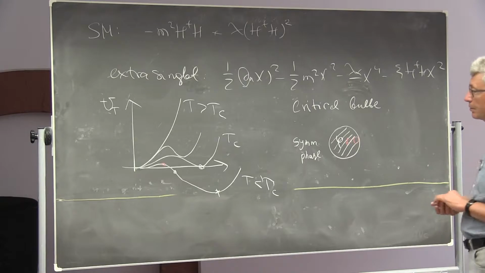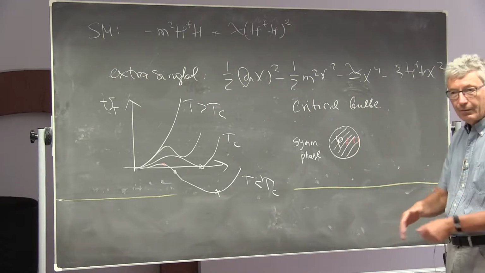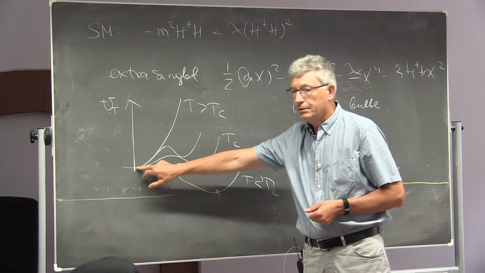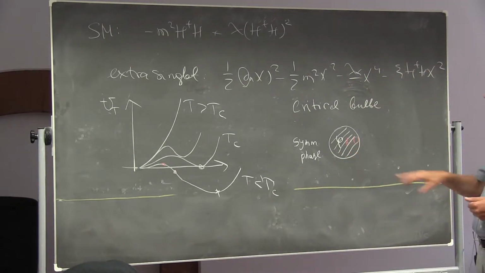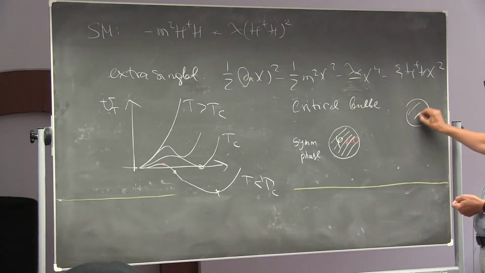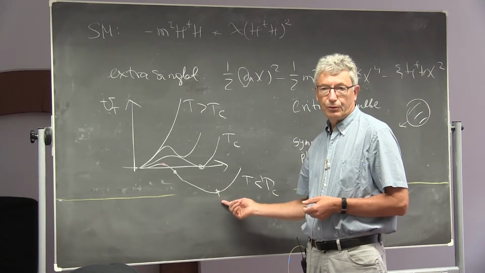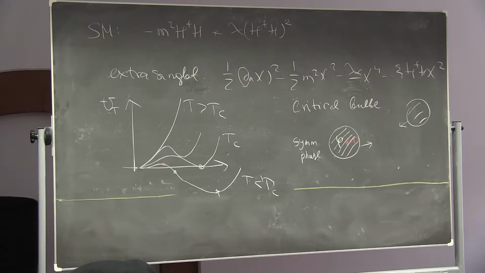So how does the phase transition occur? You can compute the probability of that, and compare it with the Hubble rate. You can find the time when this happens, and then the picture looks as follows. Initially the universe is in this state, trapped in this state. The universe cools down, and then there is spontaneous creation of bubbles in different parts of the universe. So they are nucleated everywhere. Then they start to expand, and at some stage they collide with each other, and what is left behind is the universe in the new state. That's the typical picture of a first-order phase transition, and this is how it occurs in the early universe. Well, if the theory